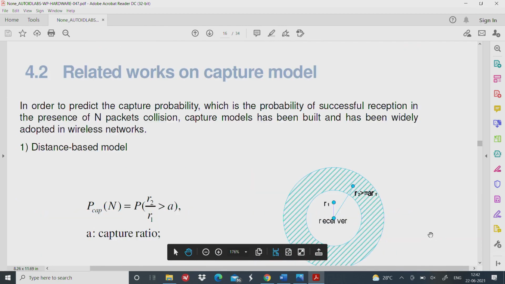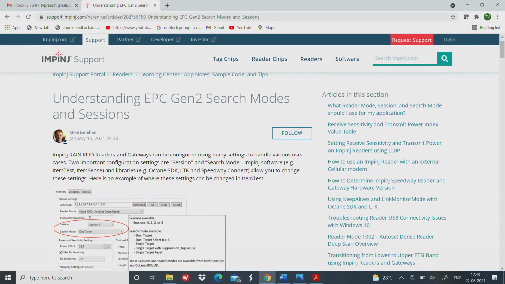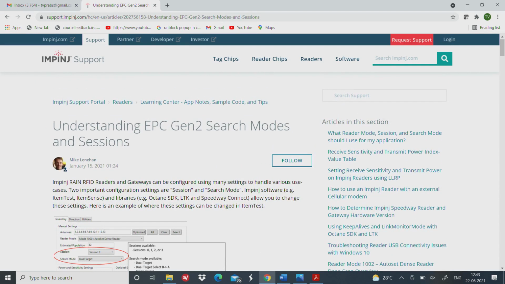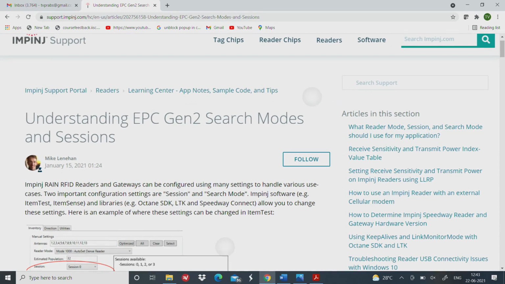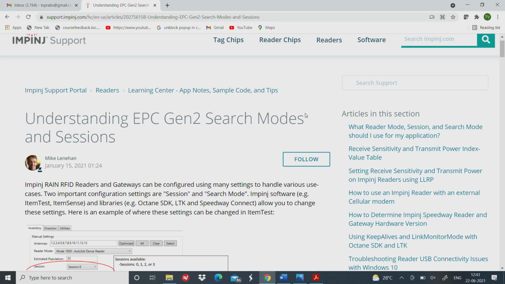Okay. So that is about this document, but I also have to tell you the other advanced aspect of multiple readers. For that I will direct you to another website, and that is this website. I could not think of a better website which explained several search modes and sessions than what I found here. You must read this. The website link is up here, you can see this. Do connect to the website link and read up this document.